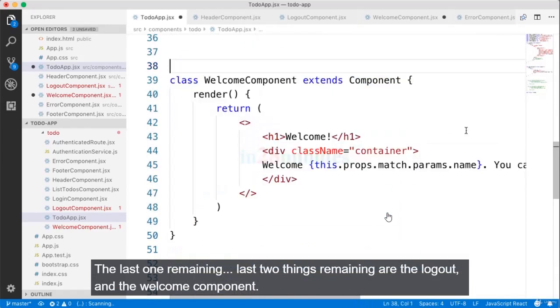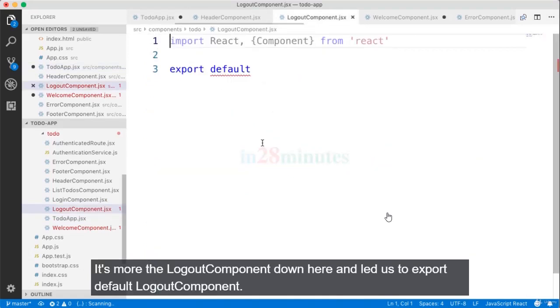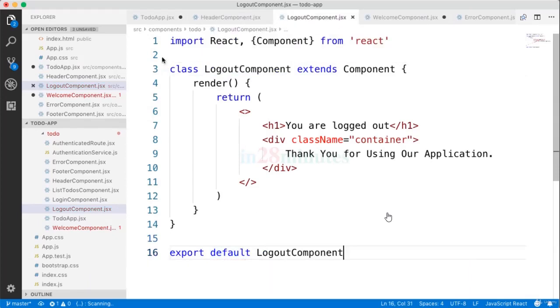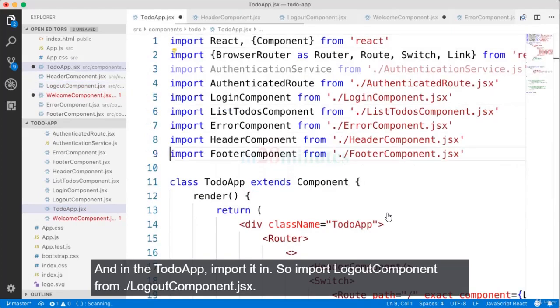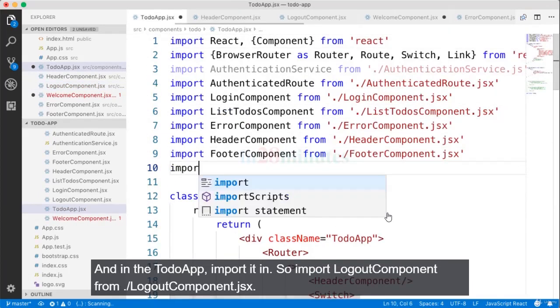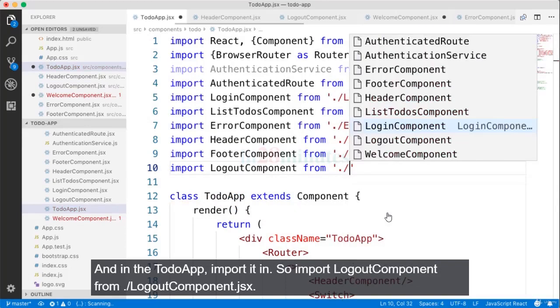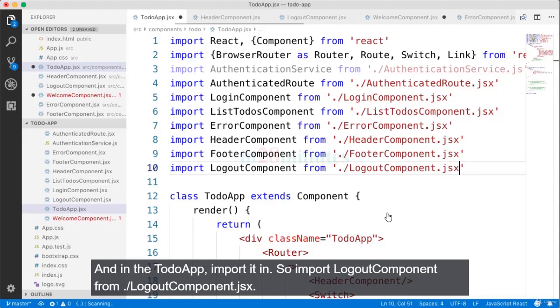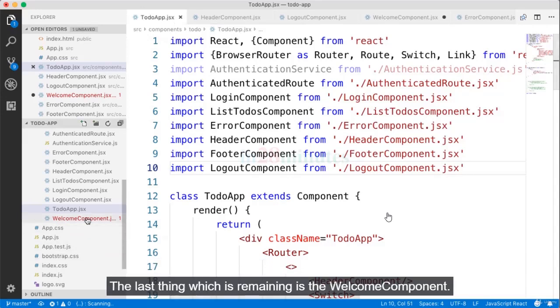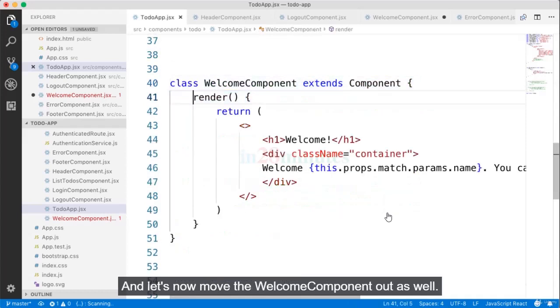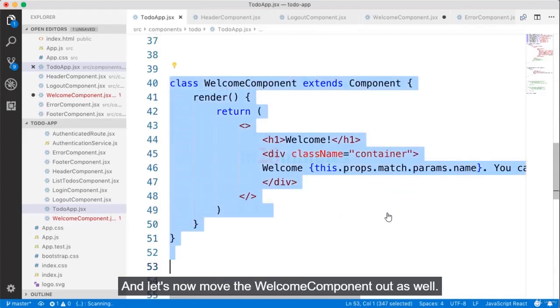The last two things remaining are the logout and the welcome component. Let's move the logout component down here and do an export default logout component, and in the to-do app import it in. So import logout component from /logout component.jsx. The last thing which is remaining is the welcome component, and let's now move the welcome component out